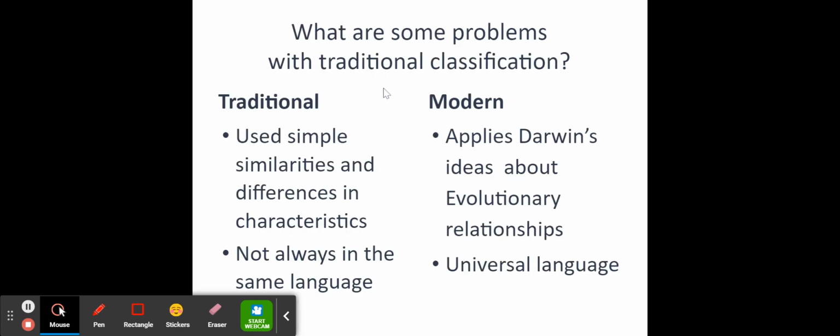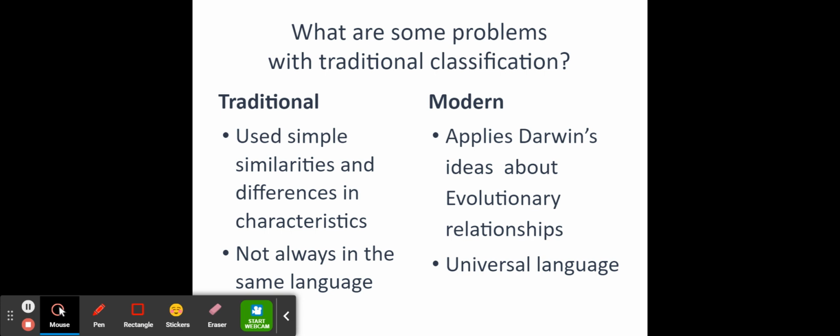So what are some problems with traditional classification? In traditional classification, the idea behind it was just using simple similarities and differences. And with traditional classification, it wasn't always in the same language. So a scientist from the United States whose primary language was English is talking to a scientist from let's say Mexico whose primary language was Spanish, and they could be talking about the same organism